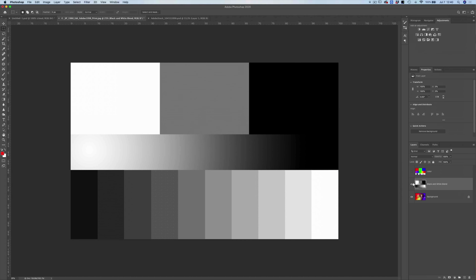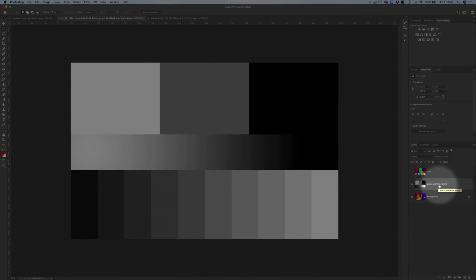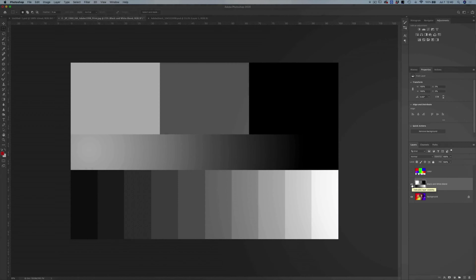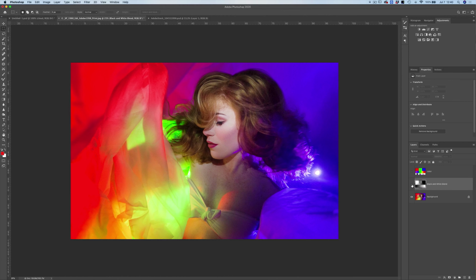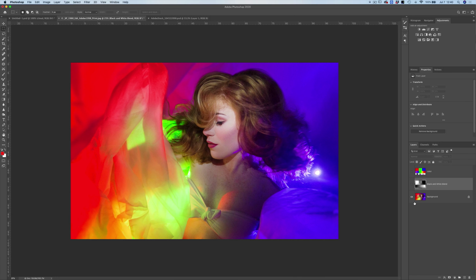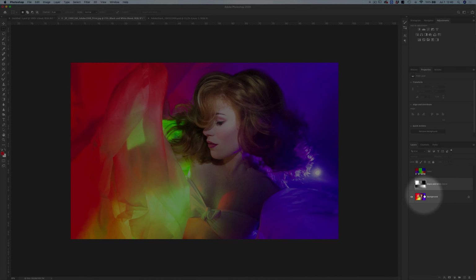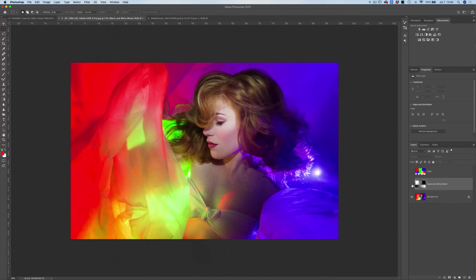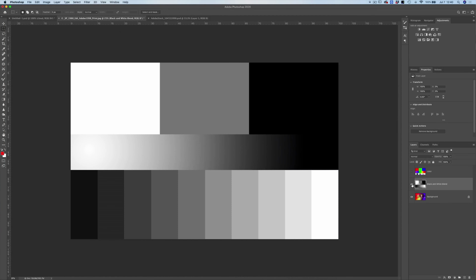And if we look at the image, here is our black and white blend layer. And then underneath it, if I turn the visibility off of this layer by hitting the eye icon next to the layer icon, you can see the underlying layer, which we have here, which is one of my underwater shots. So if we turn on the visibility of our black and white blend mode, you can see that on our normal blend mode,